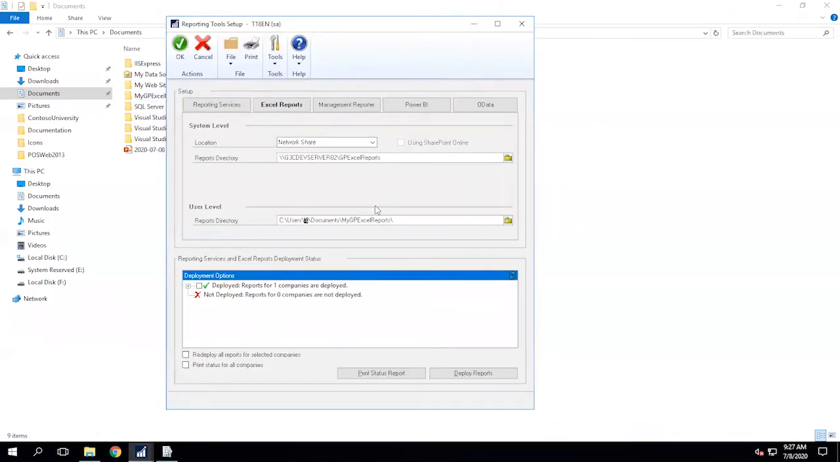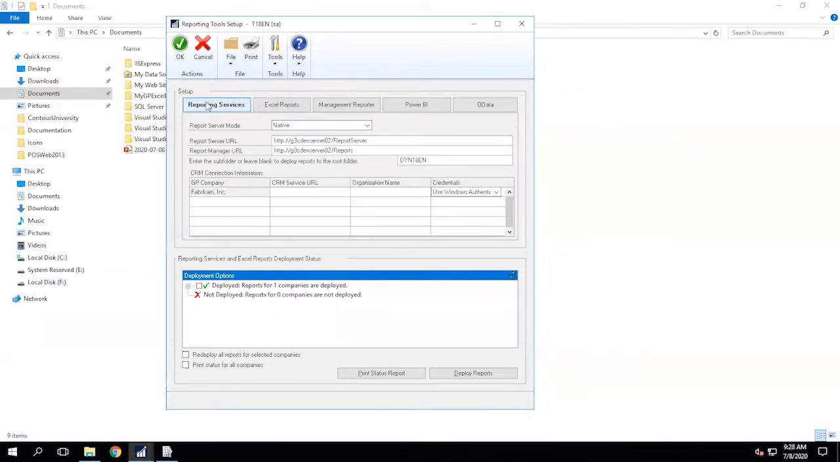Once we have these settings done, we have everything that is required to start the deployment process. But before moving forward, let me explain the last section that we have here, the deployment status section. This section will indicate the different companies that we have in our system, and for each company it will indicate if we already have the reporting services, the Excel reports, or the CRM reports deployed. A green check will indicate that the reporting services or Excel report is already deployed on that specific company, and a red X will indicate that a specific kind of report is not deployed or has